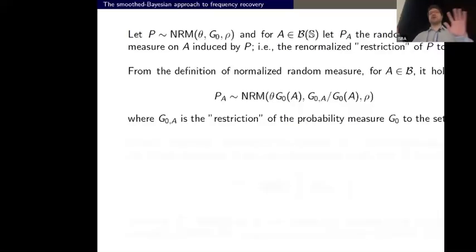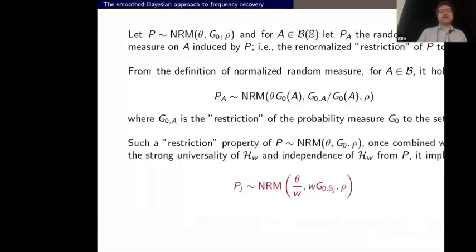Okay, so somehow if I'm going to restrict to a certain subset, I still have the same normalized random measure. So that's the point. And if I combine this with the fact that the hash function is independent of P, and that's the part where it's important, the independence, and under the property of strong universality that I stated before, I have that if P is a normalized random measure with some intensity, Pj is again a normalized random measure